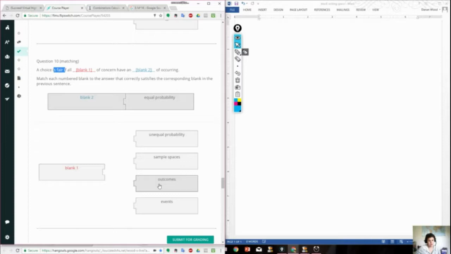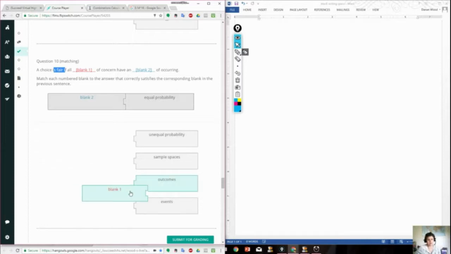Well, the outcomes are, did you have a heads or did you have a tails? That is the outcome. The outcomes are heads or tails. Now the event is having the coin be heads. That's the event. So the outcomes are the options, heads or tails, and the event is I want heads to